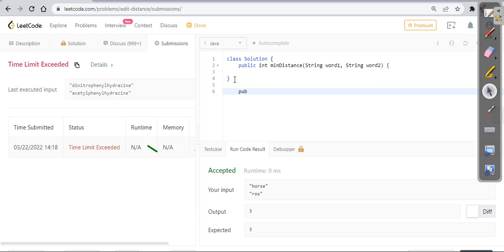Public edit, passing string word1 comma string word2, and I have to pass a dp array. Yeah, it will be dp. I'm storing what I have to assign the meaning of and the